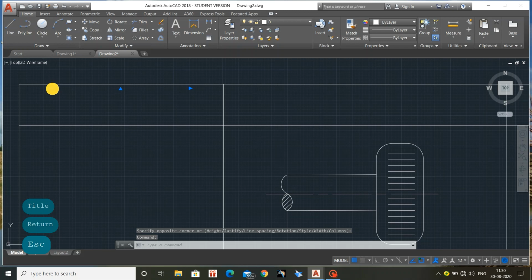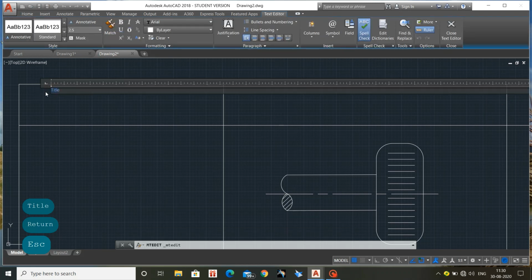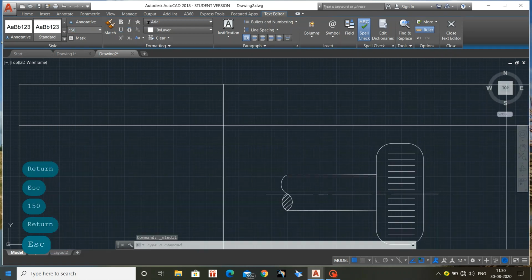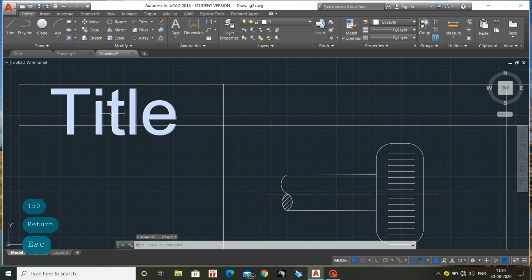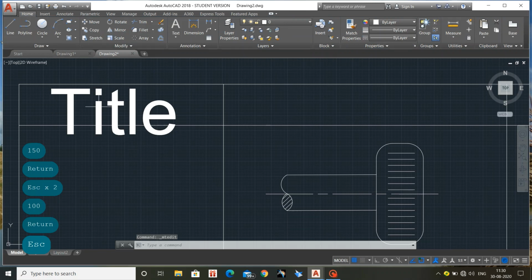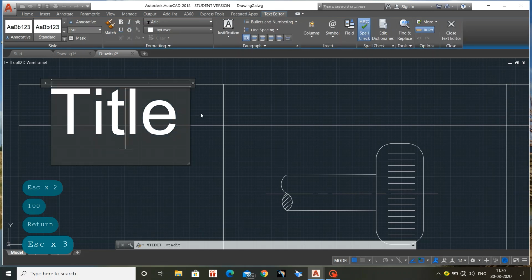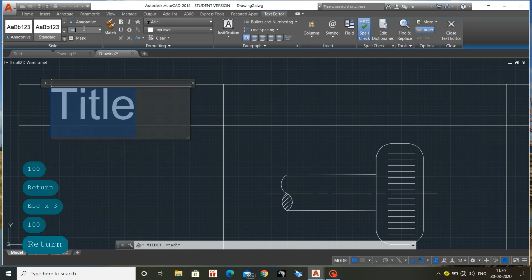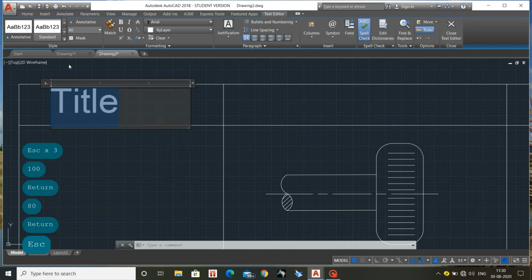So now you need to increase the text size. So it is in 2.5. I will let it be increased to 150 as it is so small. See, okay, it is so big, right? So I will reduce it to 100. Yeah. See, while we are resizing it, you need to select the text and give it as 100. Okay, I am giving it as 80. Yeah, fine. So now it is okay.